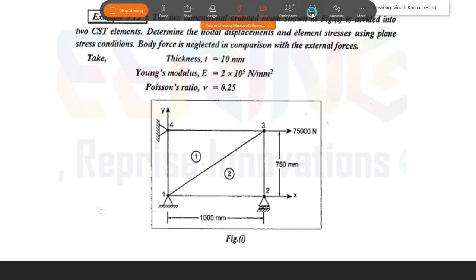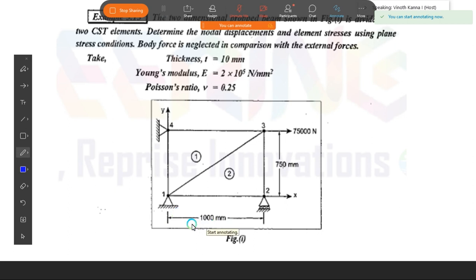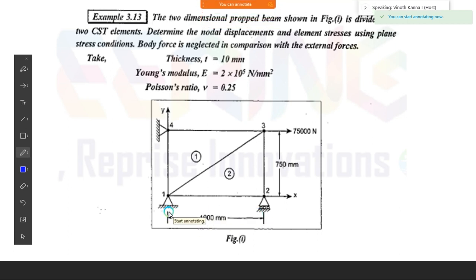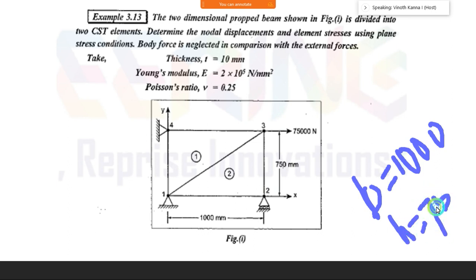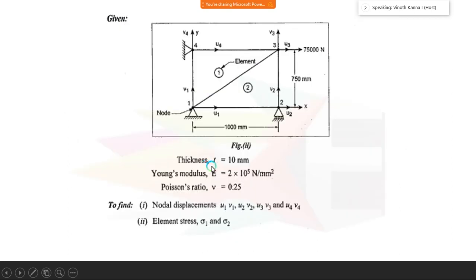Okay. So here we look at how to find the area. Normally prefer the area of B times H. Why? Because that is quite easy. See here, the length is 1000, so B is 1000, you may easily mark. The height they are giving is 750, so H is 750. That's it. So we may easily find the area. Okay, now go with the next step.